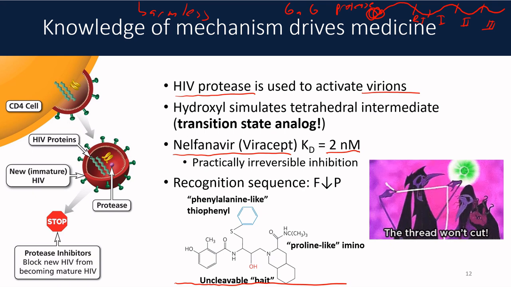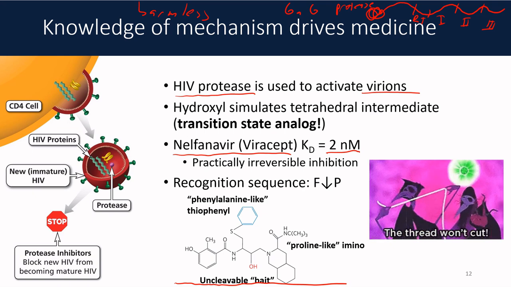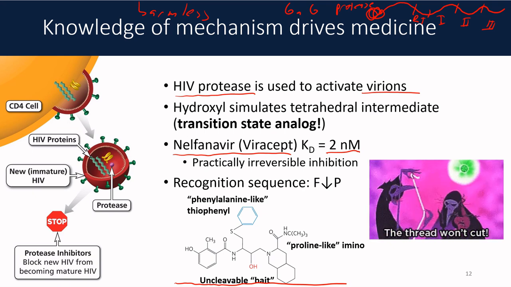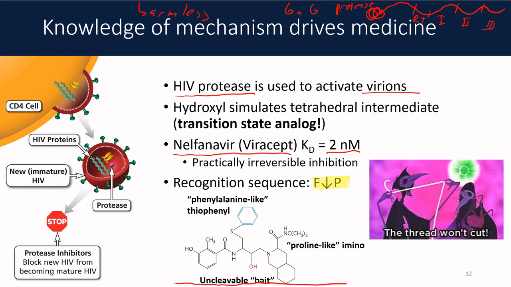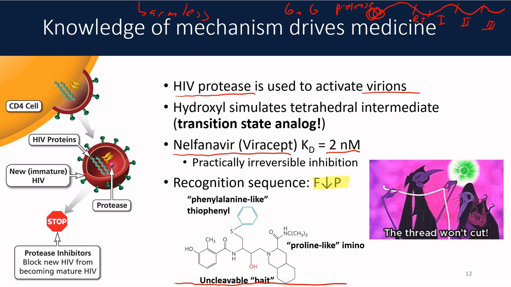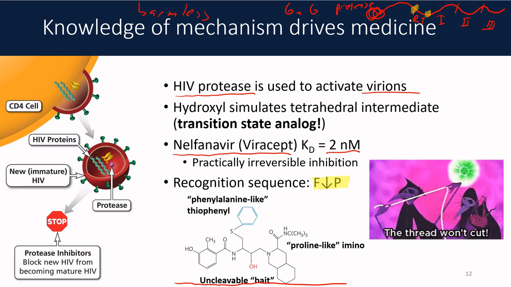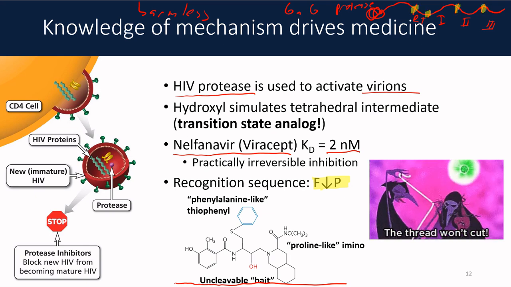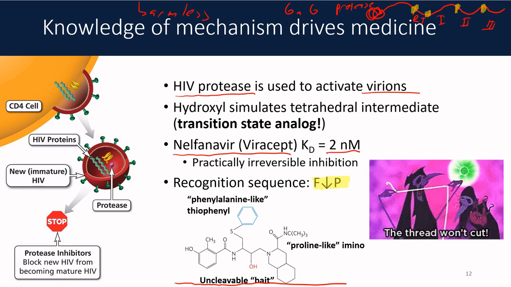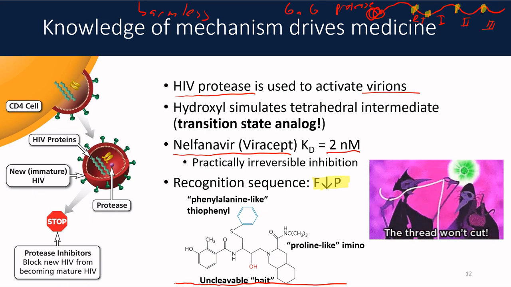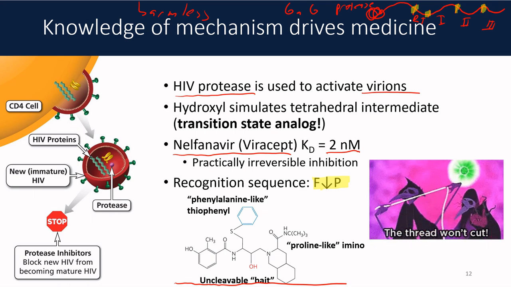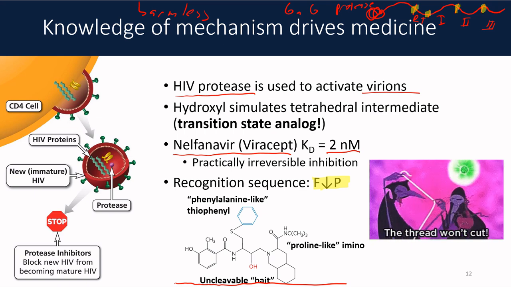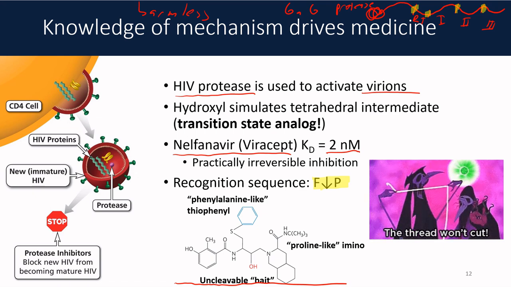Scientists know that the recognition sequence for HIV protease is phenylalanine proline. So each of these notches that I drew up here is a phenylalanine proline pair, and we're going to cut the bond between them. So in the molecular structure of Viracept, we included a